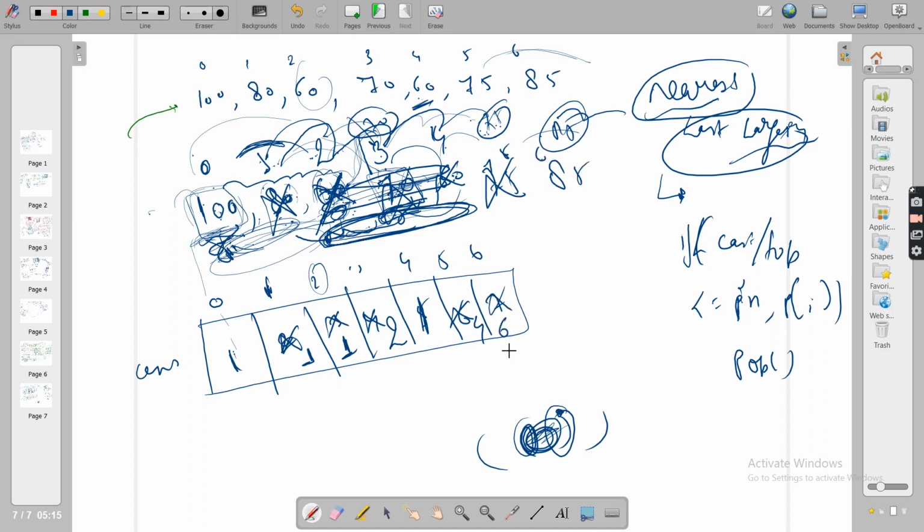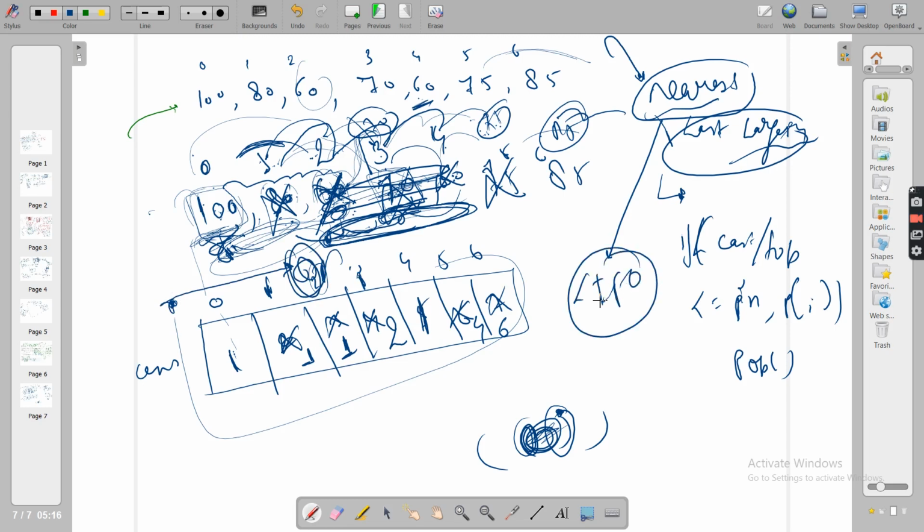You'll override the 6. So I hope you got the clues that for every index you have to find the nearest larger element. And what does this mean? Nearest larger means we want the last input element first. Nearest in terms of what? For this element, this is the nearest. So when you traverse from left to right, it is the last element that is of importance to you. So last in, first out, this is the first clue.